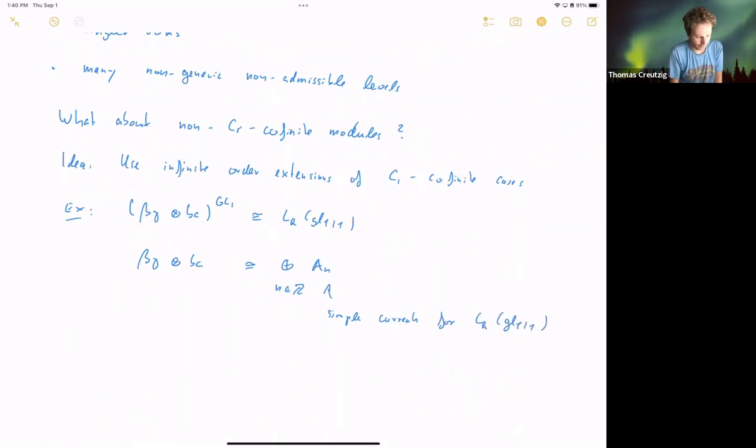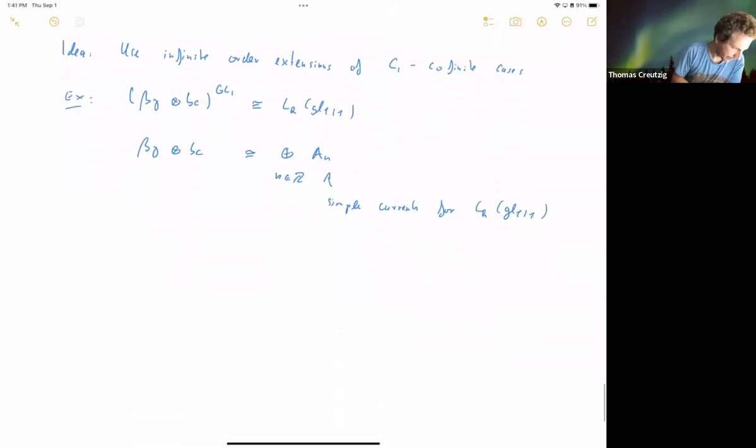It's not that important here. Important is the VOA of interest times something trivial, right? Free fermions have trivial representation category. It is an extension of something known, and from that you immediately get the tensor category of beta gamma. And because of this infinite extension, even though every summand is lower bounded, since every beta gamma times BC module is an infinite sum of GL1/1 modules, the whole sum is not.